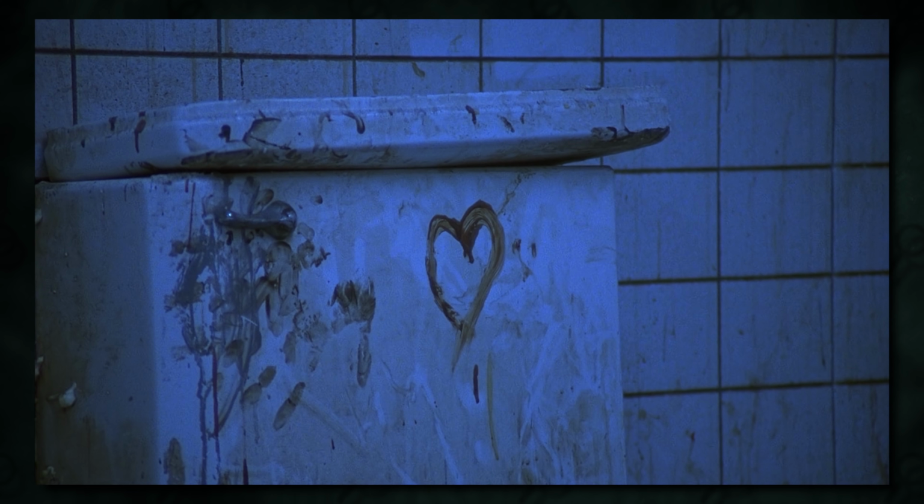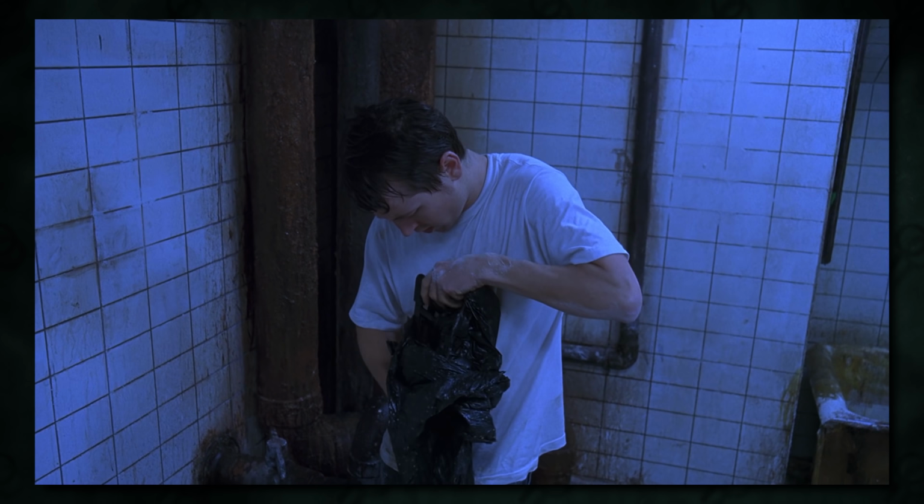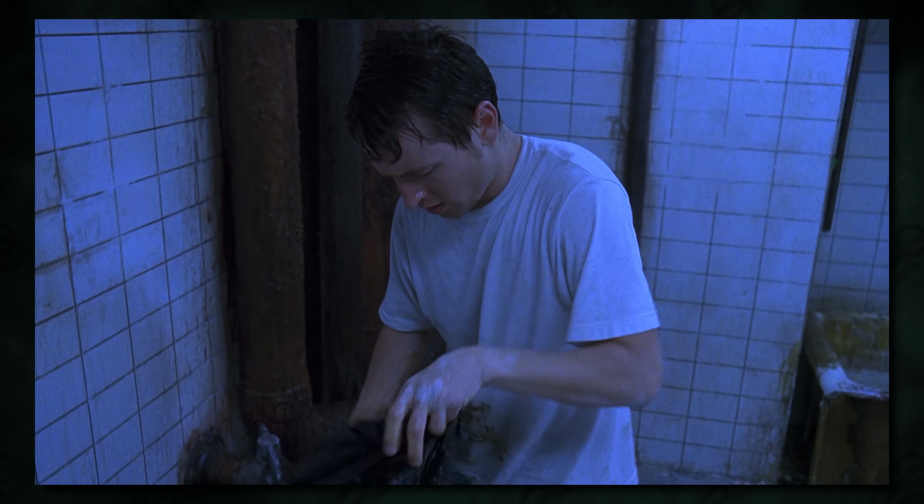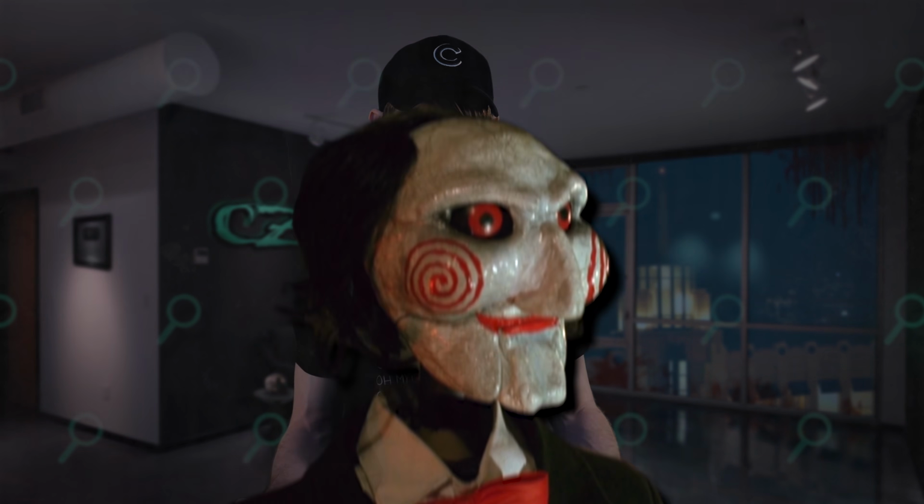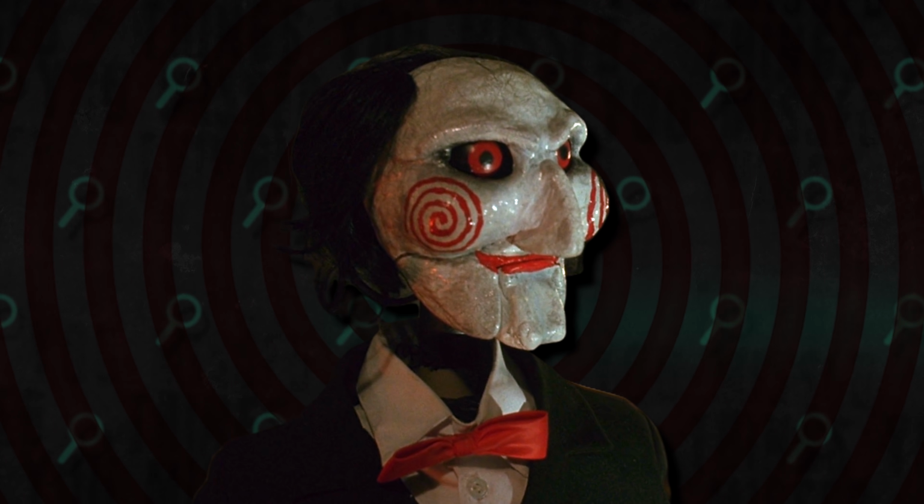The other clue whispered at the end of the tape, "Follow your heart," leads Adam to find the hacksaws. As the audience, we can see that there's something else in the bag, the photos that Adam had taken of Dr. Gordon, but Gordon himself cannot see them. Gordon eventually realizes that he and Adam may have been placed in the bathroom by Jigsaw, the unknown serial killer that Dr. Gordon was once a suspect for.